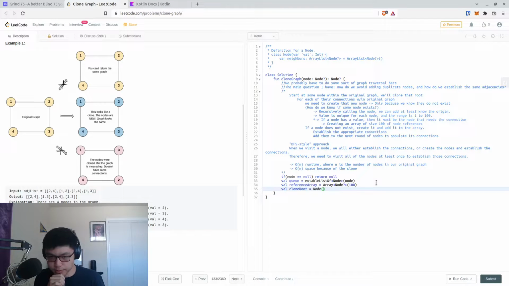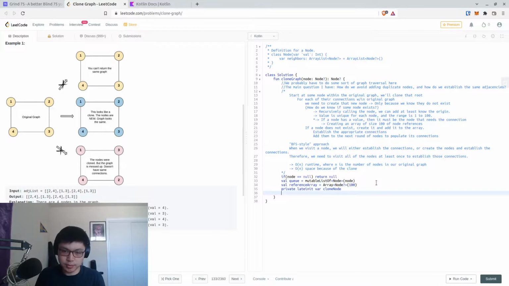Let's see. Let's hold off on this and we'll create a private late init var clone node. Then we'll say while the queue of the original node is not empty,